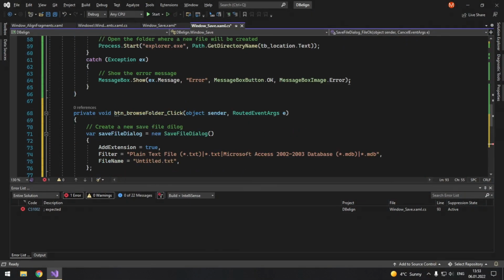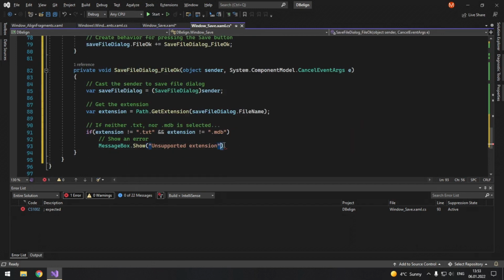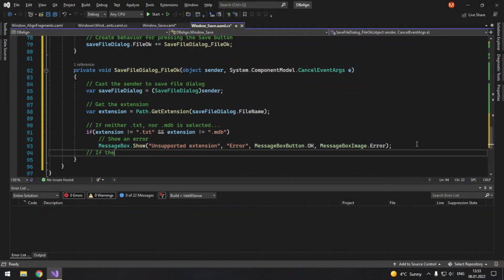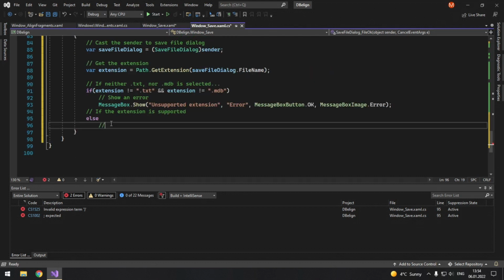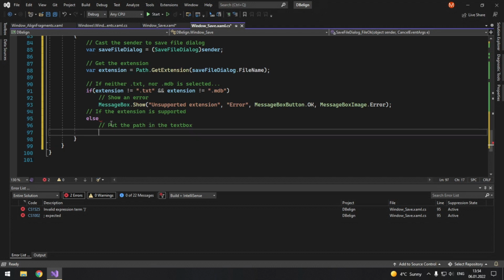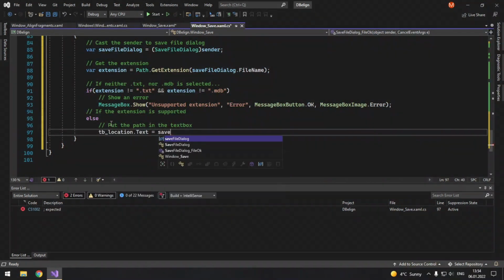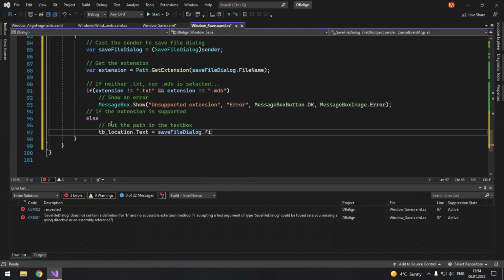Okay, and let's just copy this. But if the extension is supported, so else, we will put the path in the text box. So tb_location.Text equals saveFileDialog.FileName.